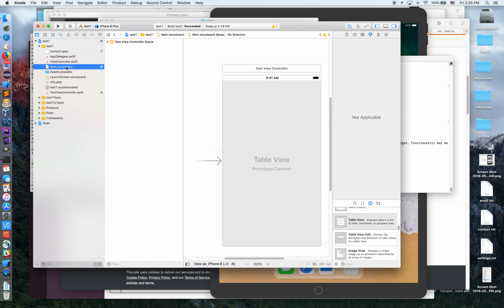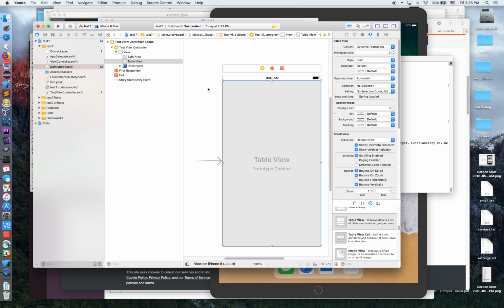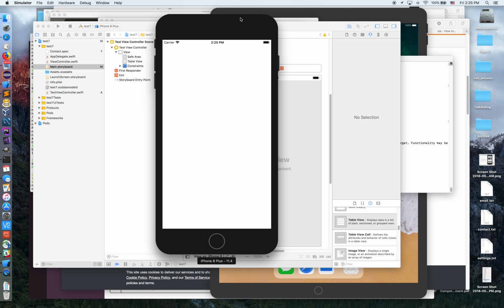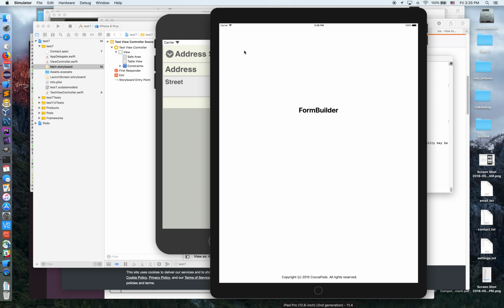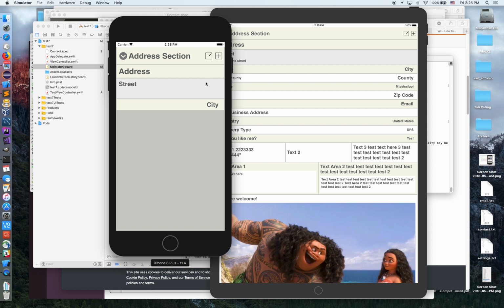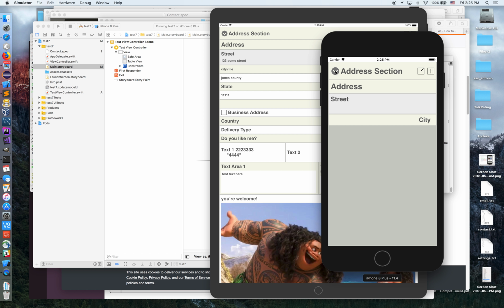We went into storyboard. We added our test view controller. We added our table, set our properties on our table. So let's just see what happens. Now you'll notice this is on the iPhone 8. This other one, you can see it's an iPad. So you can see all of these fields display dynamically. They size themselves depending on what kind of size view they're on and how they need to